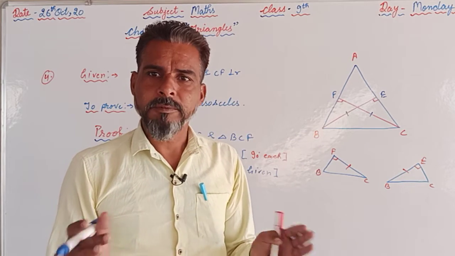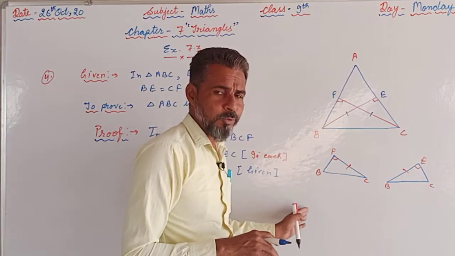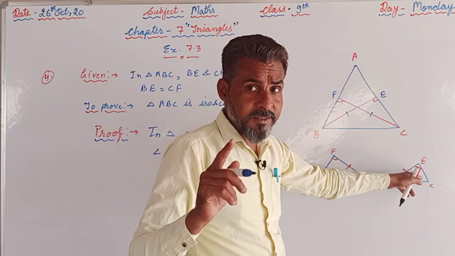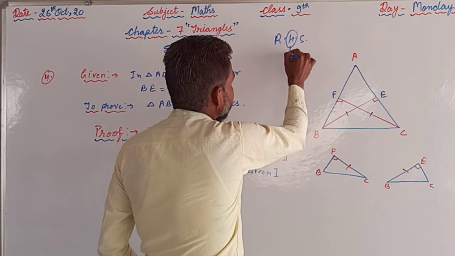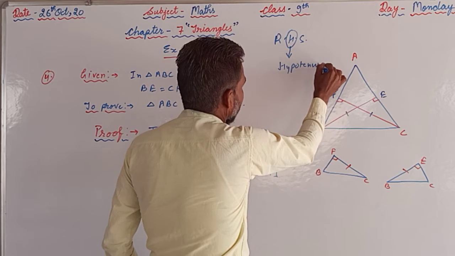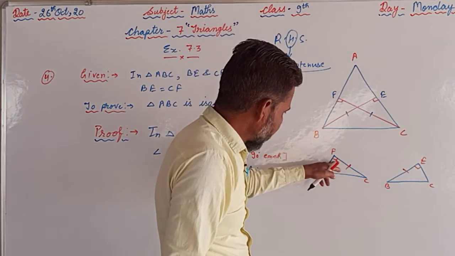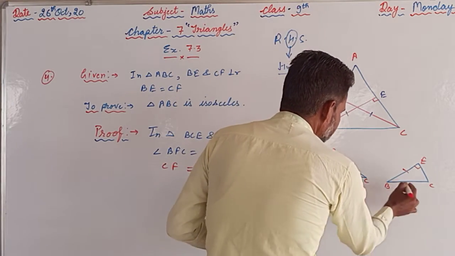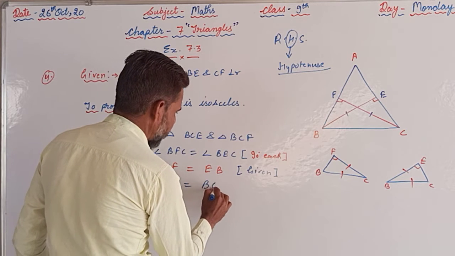Now the third thing we are supposed to find, because for congruence we require three things, either two angles and one side, or two sides and one angle, but here we are supposed to use the RHS. RHS means right angle, hypotenuse, and side. H is the important one, hypotenuse. Hypotenuse is the side just opposite to the right angle. So right angle is here, so BC. BC is common in both the triangles. BC is equal to BC, that is common.